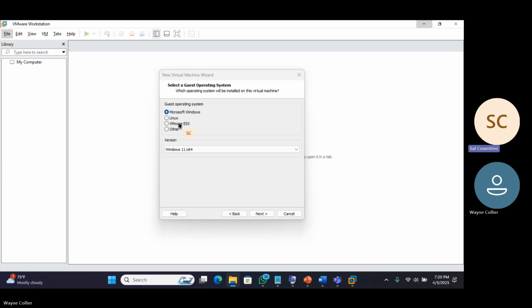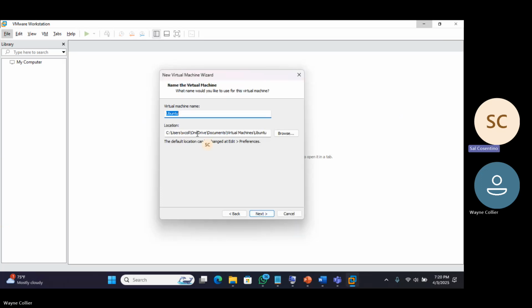Let's install a Linux machine. In this instance, I'm going to select Ubuntu, and I'm just going to click next. If you see the location, remember what we talked about. We want to move that location; we can just rename it to the folder name. So if in your instance that's the SSD drive, all you need to do is create